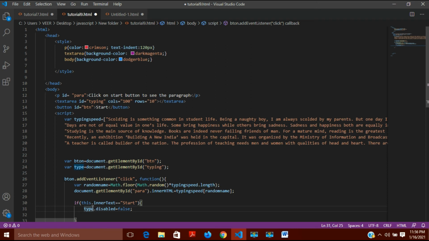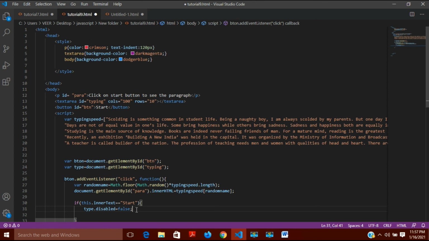So type dot disabled means you want to disable typing, and I don't want to disable it when it is start. When I click on start, I should be able to type. That is why I will write type dot disabled is equal to false. I don't want it to be disabled, so I should be able to write text in it.